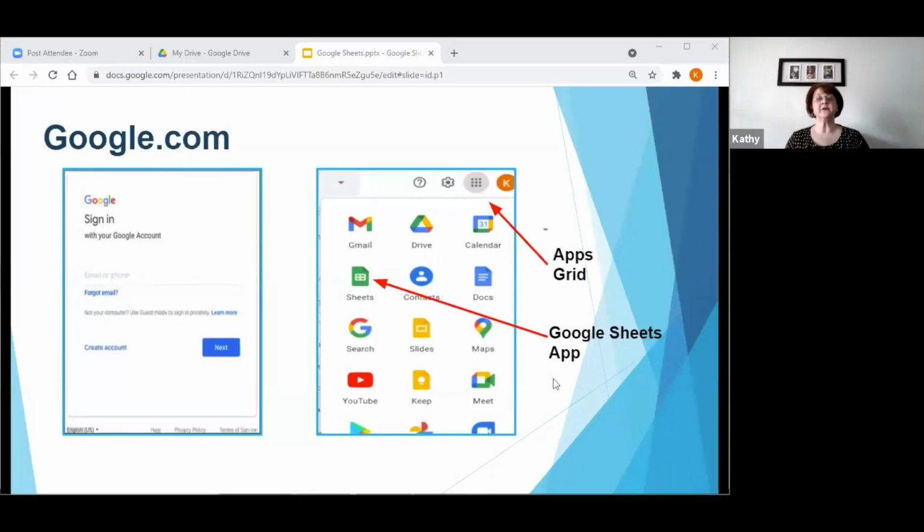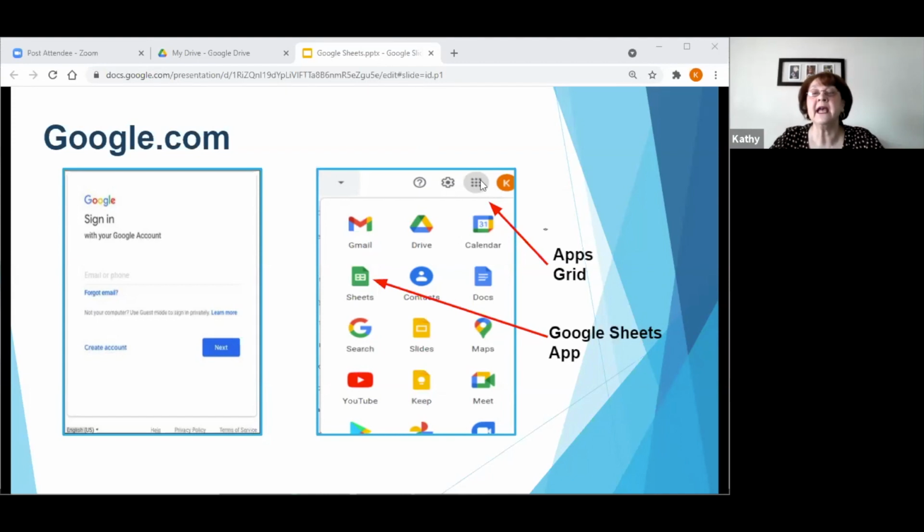We're back. So first of all, to get started in Google Sheets, you can do a couple of things. It sounds like most of you have used the Google Apps, so I won't spend a whole lot of time on this. But just for your knowledge, you can go to google.com and sign into your account. If you don't have an account, you can create one. The other way, if you're in one of the apps already, for instance your Gmail,